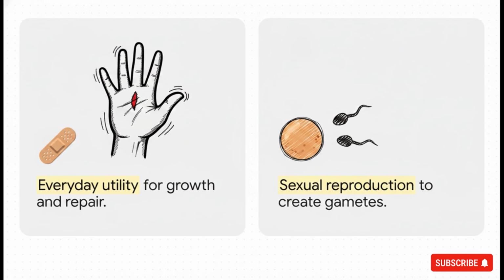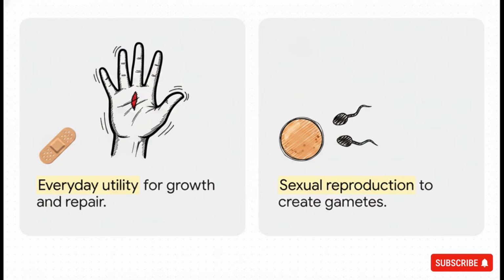So, before we even think about looking at the DNA, we need to look at what these processes are actually trying to accomplish on a grand scale for the human body. Because, trust me, they absolutely do not happen in the same places. The contrast here is just staggering. On one side, the whole purpose of mitosis is everyday utility. We're talking growth, repair, replacing dead cells. If you accidentally get a paper cut, it is mitosis that rushes in to heal it. It's the daily maintenance of you.